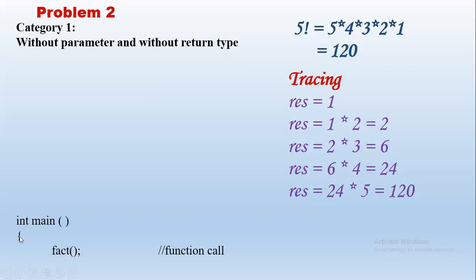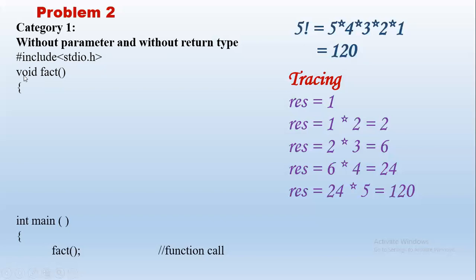Now control always starts from main. So from here, when it sees the function call, it will immediately go to the function definition, right? So we have given hash include, and then you can note this. This is the function prototype. So you can connect this to the function call when you see. Now no parameters here as well. And because there is no return type, we are not returning any answer to main. Okay. So nothing is returned. So here the return type will be void.